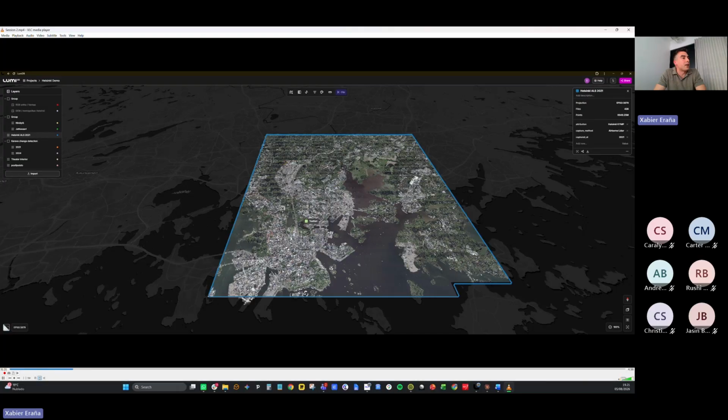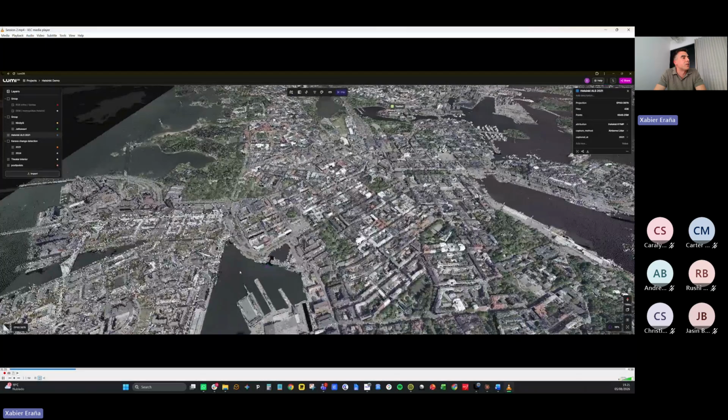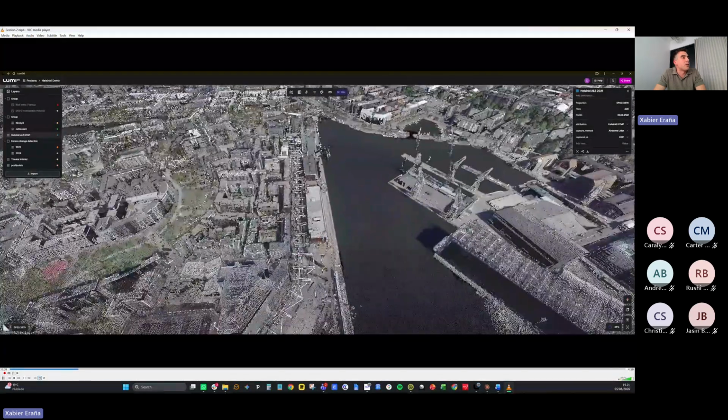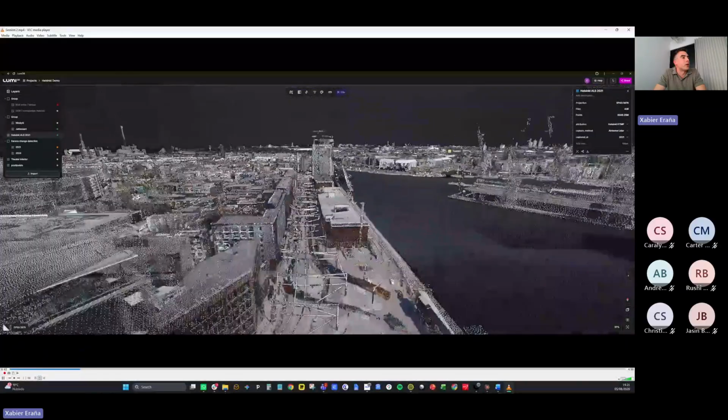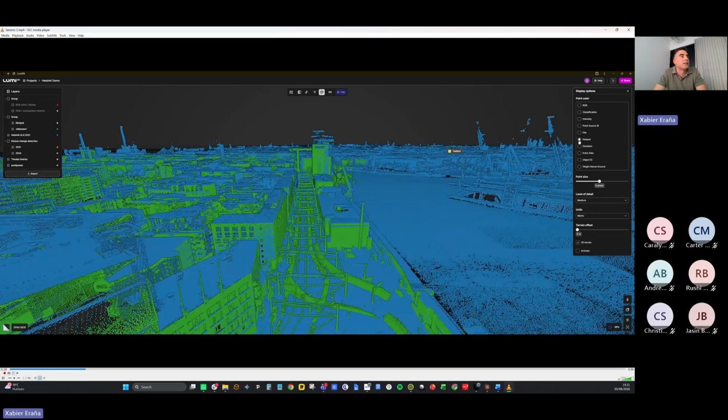So now we have an airborne laser scanning dataset from 2021 from the city of Helsinki, where the point density is about 30 points per square meter. And now we are looking at the data combined, the airborne laser scanning data combined with the mobile mapping data.